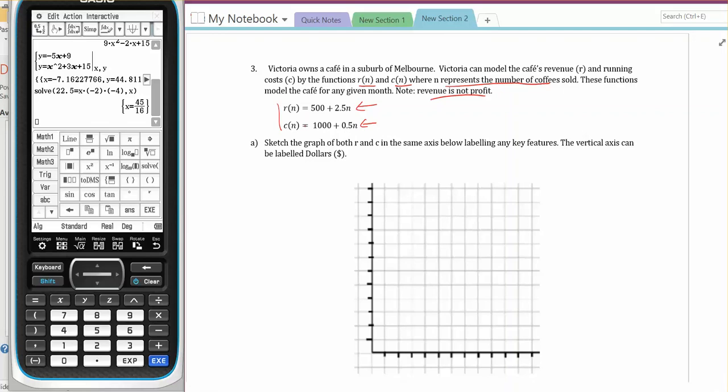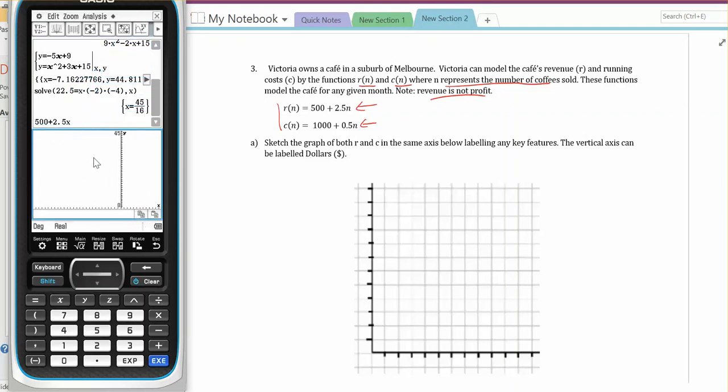Okay, so sketch the graph of R(n) and C(n) on the same axis. Now you've got to be careful. R(n) and C(n) are both linear, and can you see both their y values are 500 and 1,000? So when you're drawing the graph, you're going to make sure your scale is correct, because if I put this on a calculator, 500 plus 2.5x, and I go draw it,